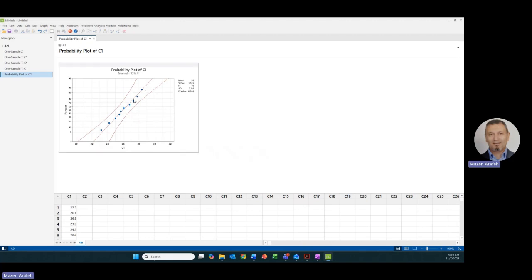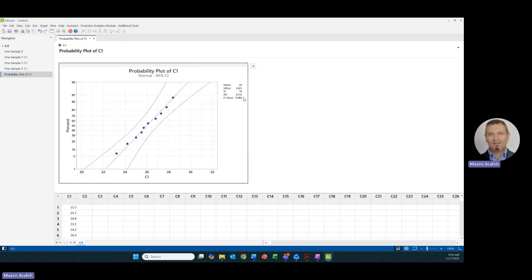Let me pull this down so you can see it here. You see that most of the points fall around this line, and the p-value is 0.986. So that's a very high p-value, so we fail to reject H0. In this case, H0 is that the data follows the normal distribution, versus the alternative that the data does not follow the normal distribution. Since the p-value, which is very high, is greater than alpha 0.05, the usual value we use,